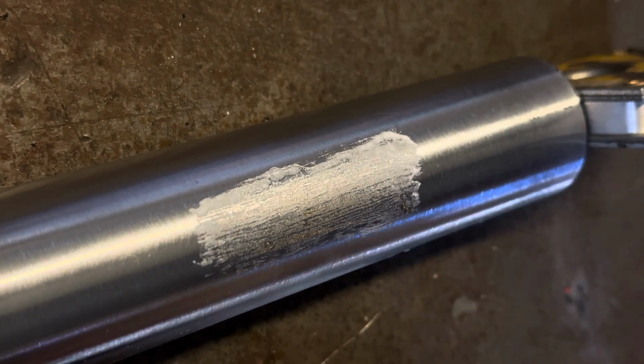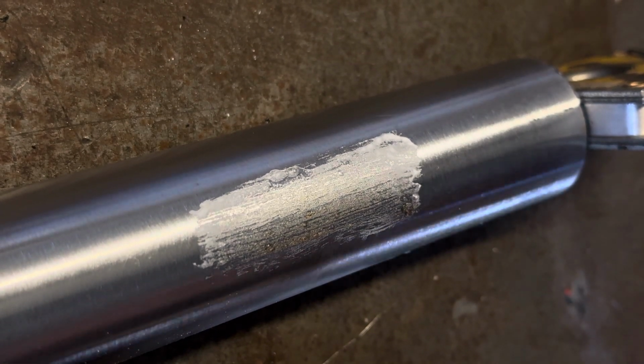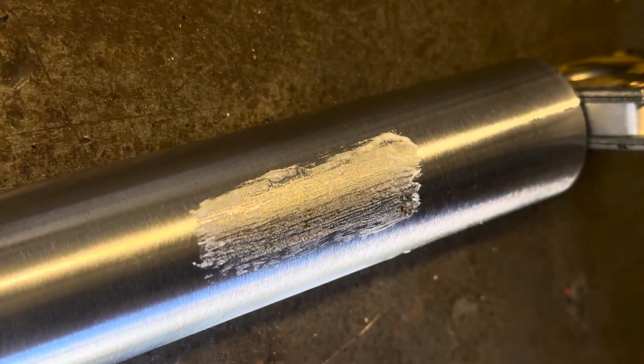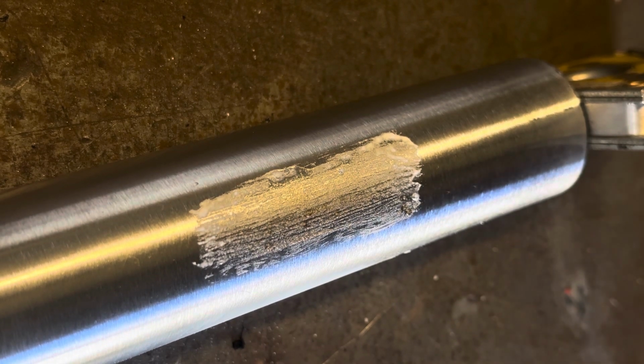So that's, as I say, what I call the foolproof technique. I don't tend to use that unless I'm joining thick stuff to thin stuff, or anything that's tricky really. If I was making a motorcycle frame I might use that one. But the reason I don't use it, I've just got to join a little bit of rod here. The reason I don't use it